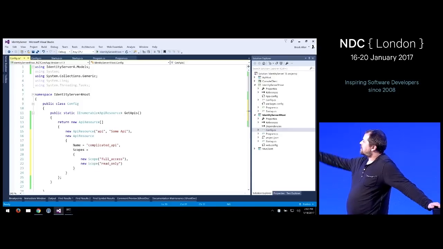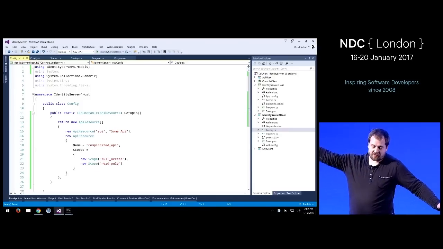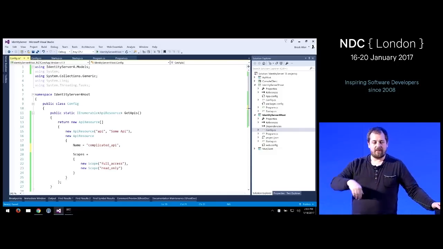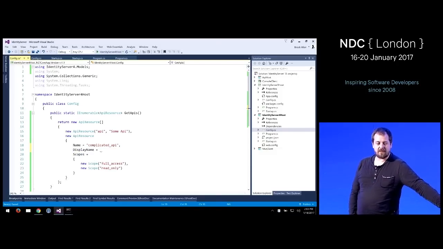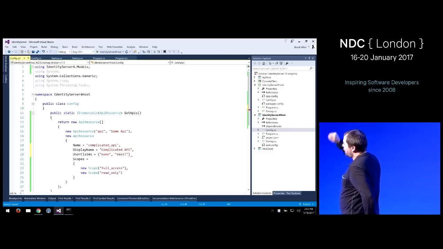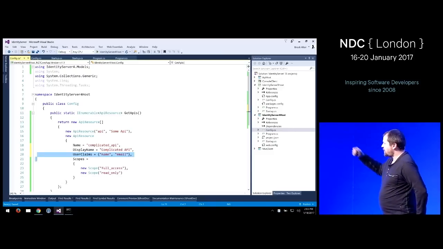You can configure, when somebody asks for a token for this scope, which claims should go into that token by setting the user claims, I think it's called, collection. And the idea is now that regardless of which scope you're asking for, the token will always have name and email.